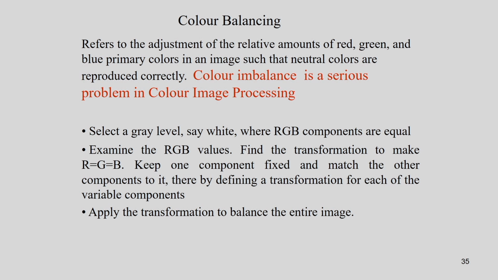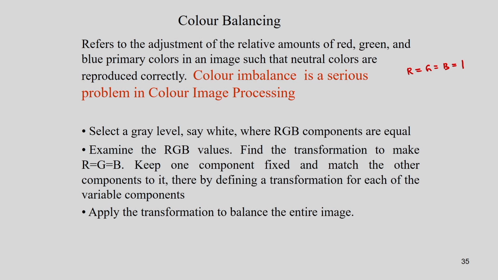So what is the color balancing? Generally if I take the image by a color camera, the digital camera, the RGB output should be such that when mixed equally it should produce white color. That means suppose if I consider R is equal to G is equal to B is equal to 1, corresponding to this I should get the white color. But actually because of the sensor imperfections I am not getting the actual color, and that is called the color imperfection.